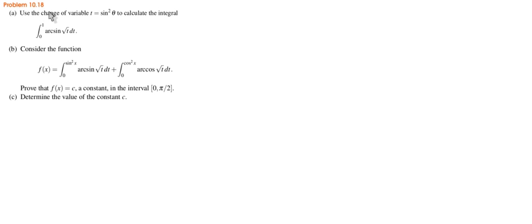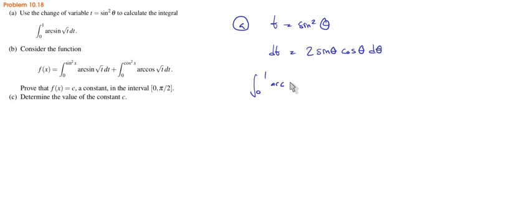Okay, problem 10.18. Use a change of variable t equals sine squared of theta to calculate this integral. Now if t is the sine squared of theta, dt is 2 times the sine of theta times the cosine of theta, d theta, right? And now this integral of the arc sine of the square root of t dt is, let's see,